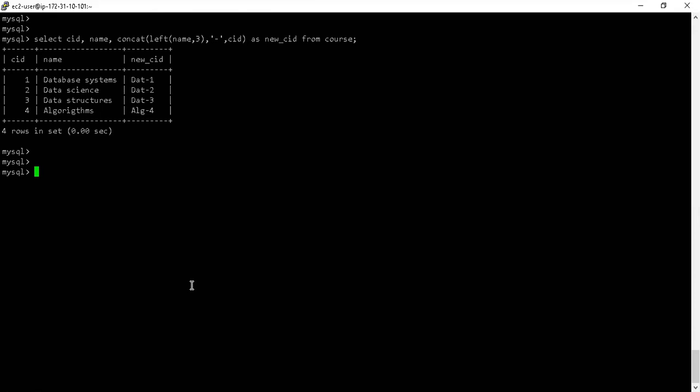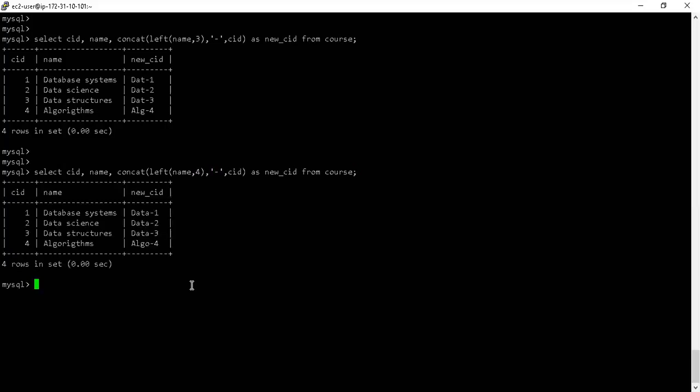How do you define dat one, dat two, and dat three? You have to make it a little bit more specific, right? So that it becomes unique. I know it is still unique, but maybe we can do something better because it's not really very good to the eye. Alg 4 means what? Is that the fourth course when it comes to algorithms? Not really. It's the fourth course in your list that starts with the letters ALG, right? So why not make it a bit better, right? So what I do, I just change this to 4, right? Again, that problem remains with data and things of this sort, right? Then what do